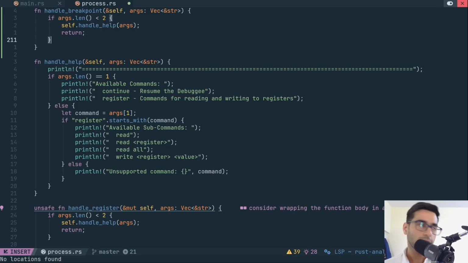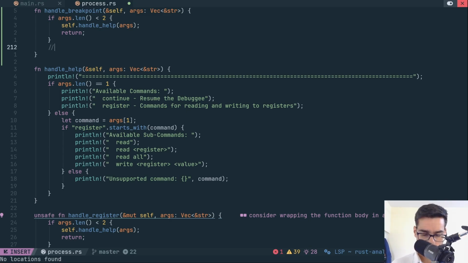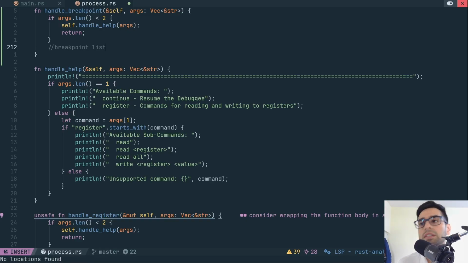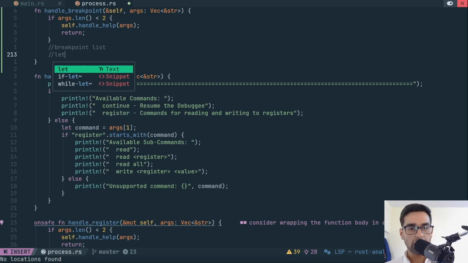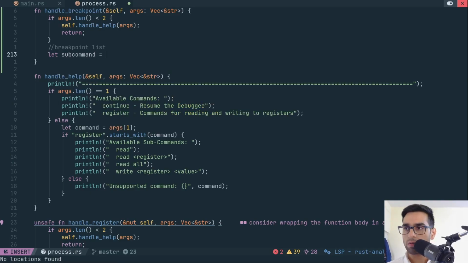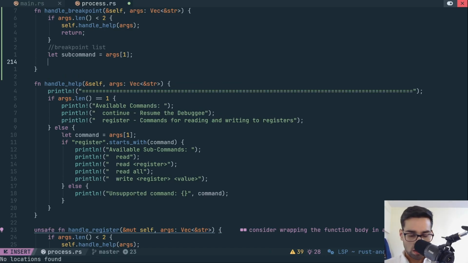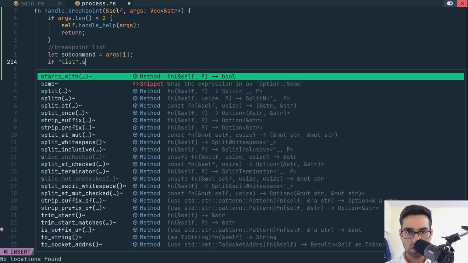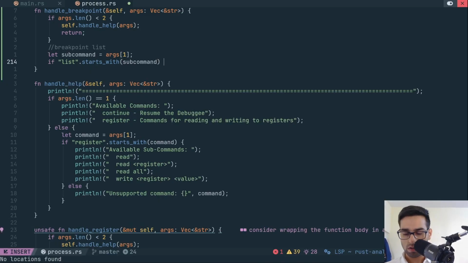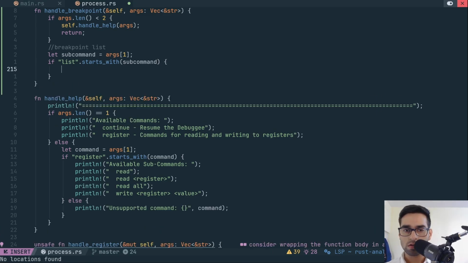So the first command that we're going to add support for is breakpoint list, and we want it to print all the existing breakpoints right now. So let's get the sub command. Let sub command equal to args of 1. This indexing is safe because we checked the length. If list dot starts with sub command, in that case